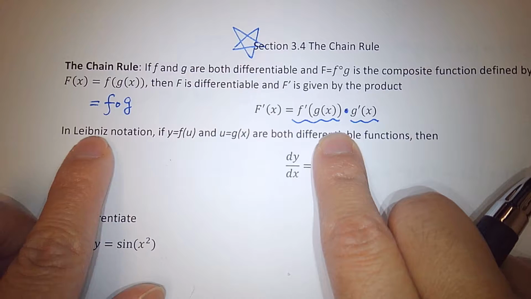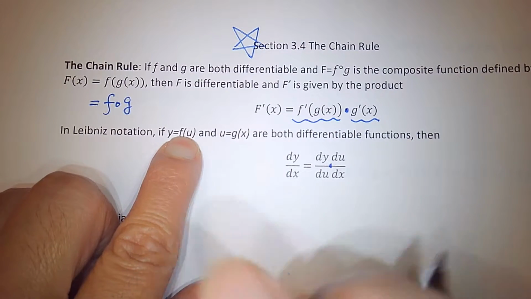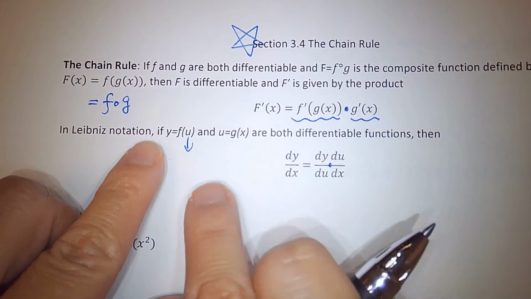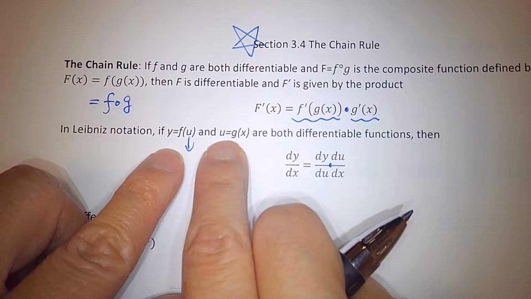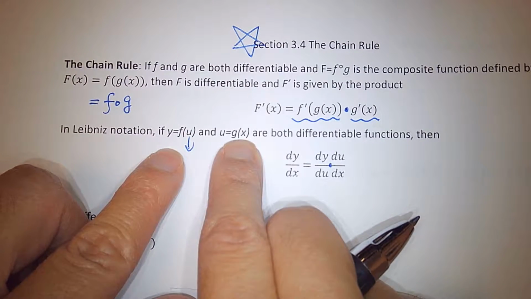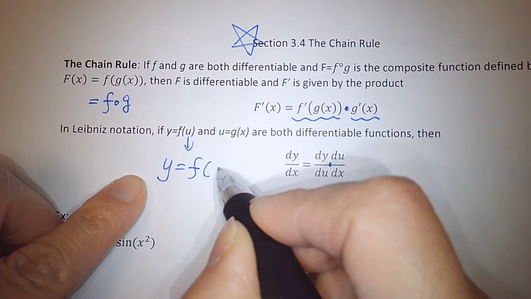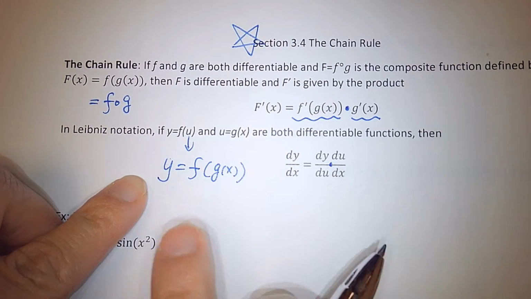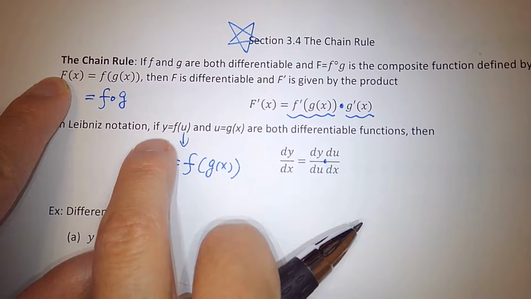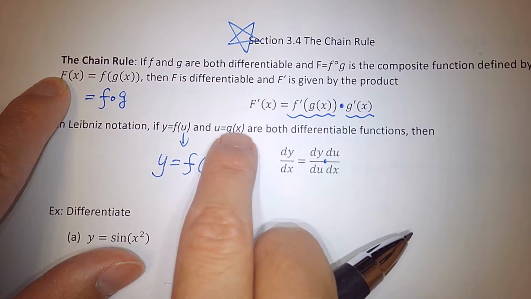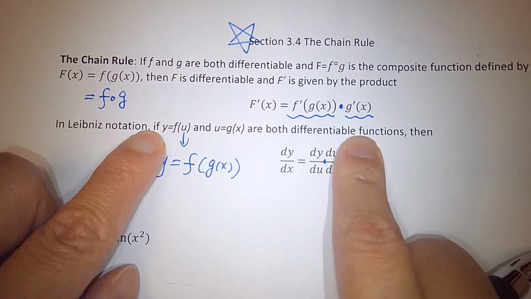In the Leibniz notation, if y is a function of u, y equals f of u, and u is a function of what? x. So this is y equals f of what? What is u? g of x. So it's the same thing as capital F. It's the same thing. So y is a function of u, which is a function of x. Both of these two functions are differentiable. Then